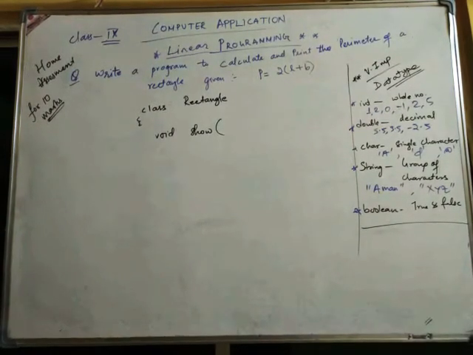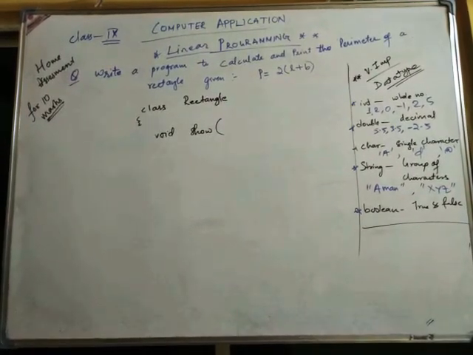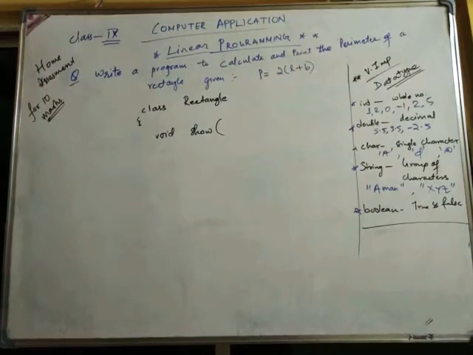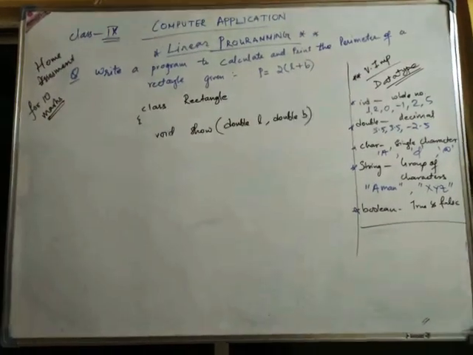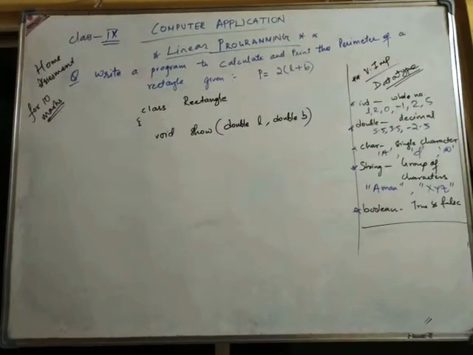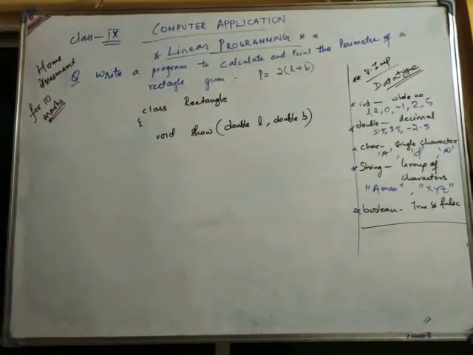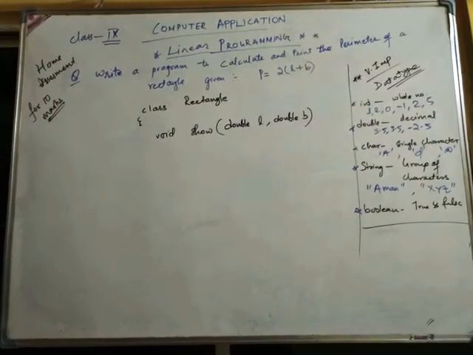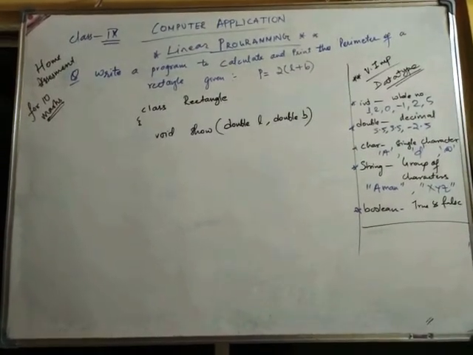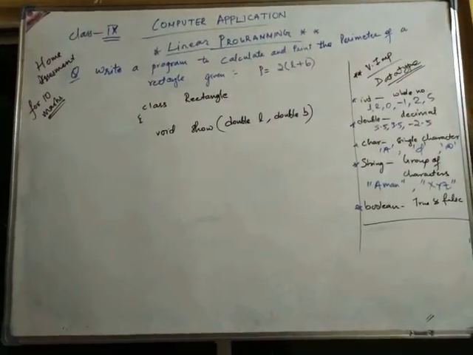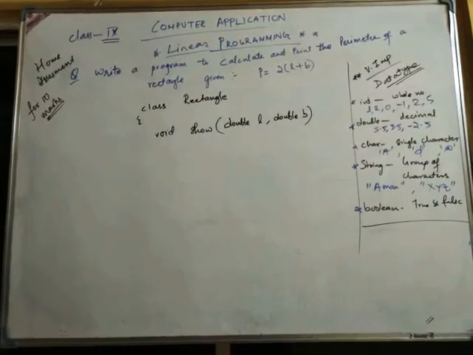It can be decimal length. If you are trying to measure the length and breadth of a room, let's say it can be a decimal value. So if I am thinking of a decimal value, what is the data type I have to take? Double. Therefore in the bracket I have written double L comma double B, length and breadth. Length and breadth are the inputs, they will be decimal, so double I have written. Then the void show and opening curly braces will start, where we will be writing the whole content, where we will be calculating the perimeter. I have taken the inputs.